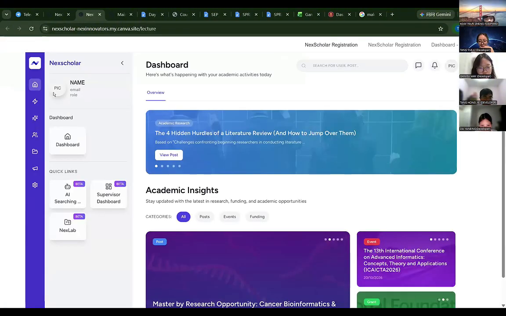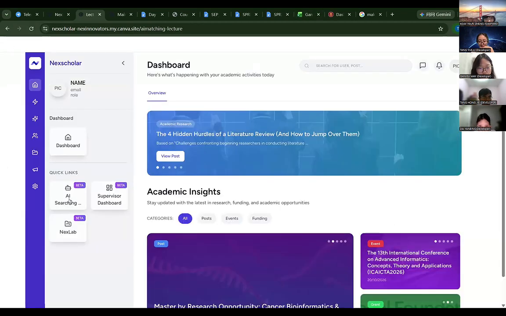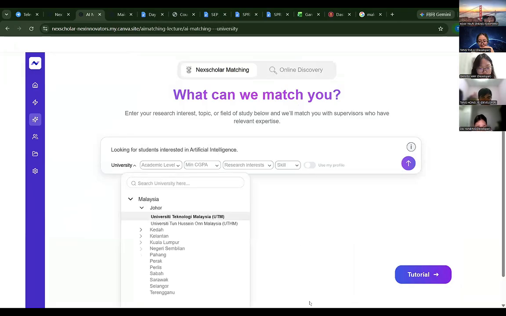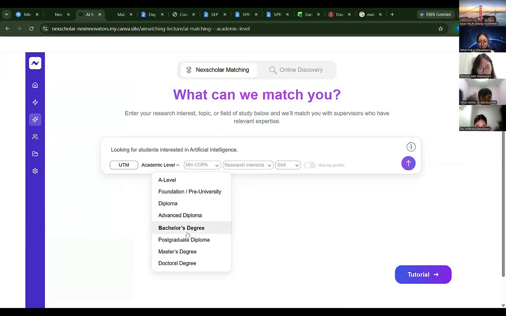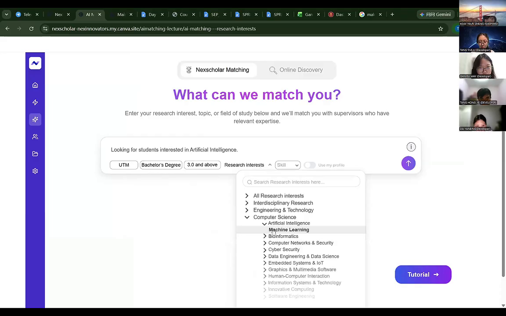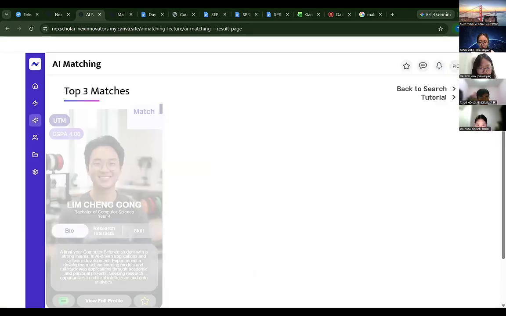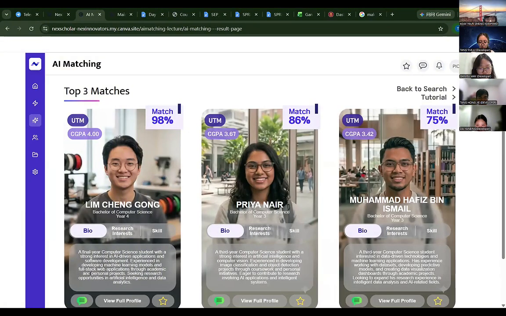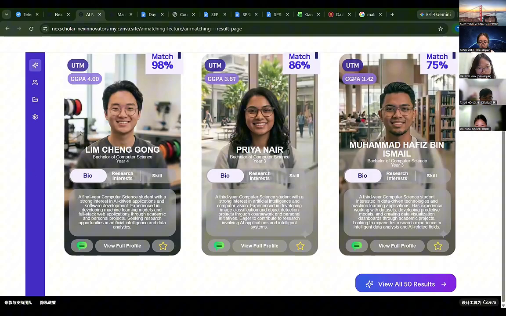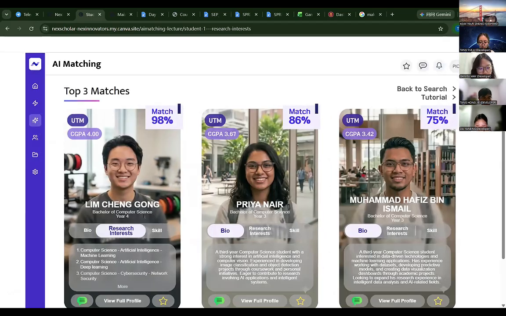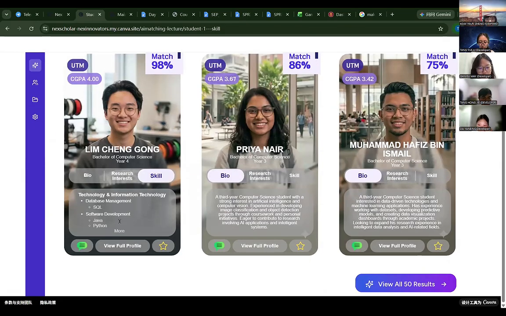So this is the lecture view. Then also, we're starting with the AI matching. Just doing the filter. Then proceed with the searching. Then it's pop up properly. Then the previous functions like showing the BIOS skills also works proper.